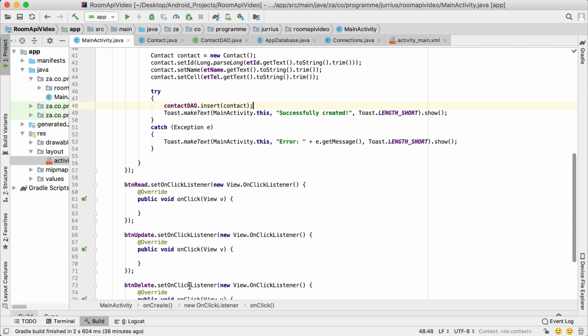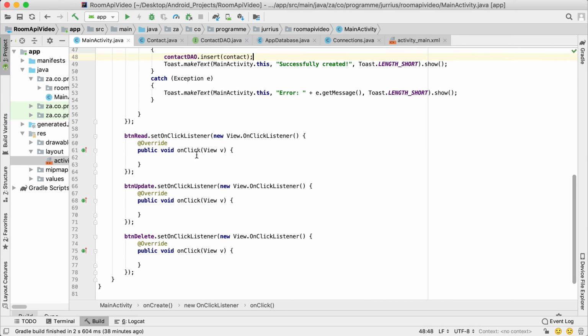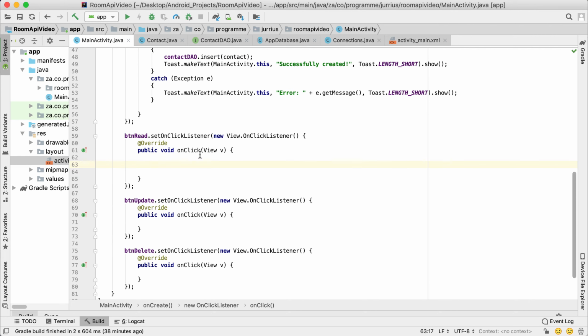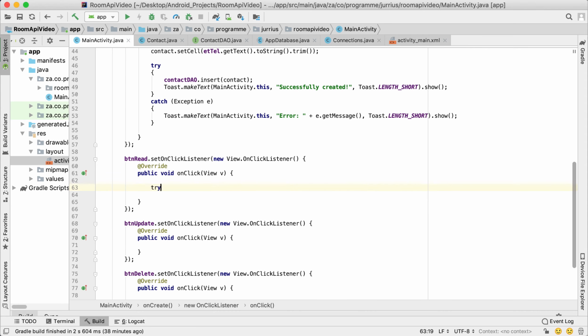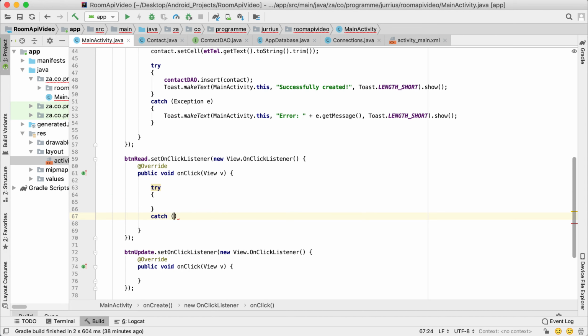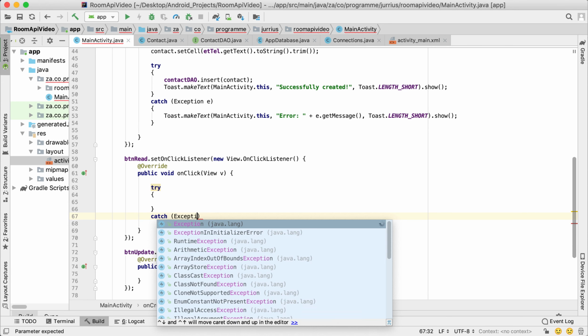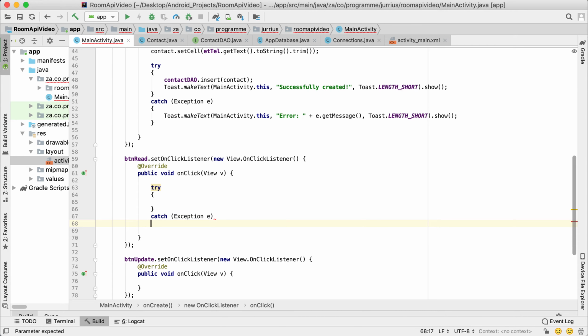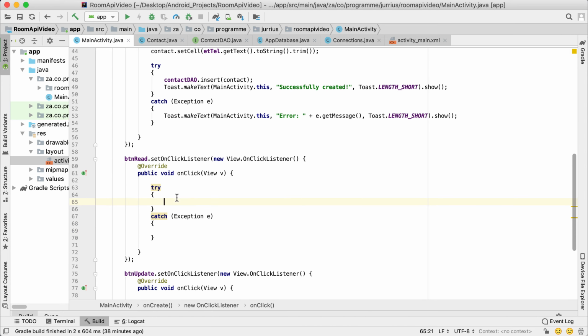Right, so let's go to the read part here and see how we can read something now back from the database. So I'll have a try and a catch block here again, because reading from a database, writing to it, updating could throw an exception. So make sure that you always use your try catch block there. Okay, so now in the catch, let's just do the exception again. So we'll say error